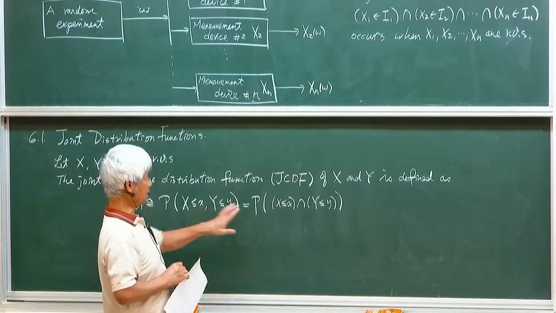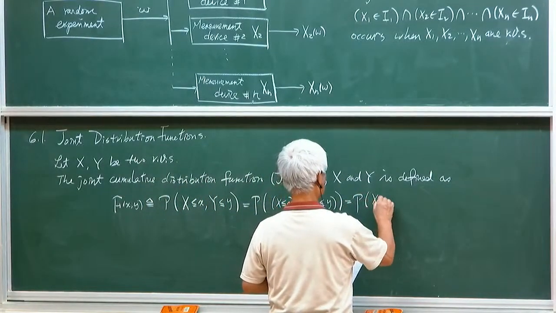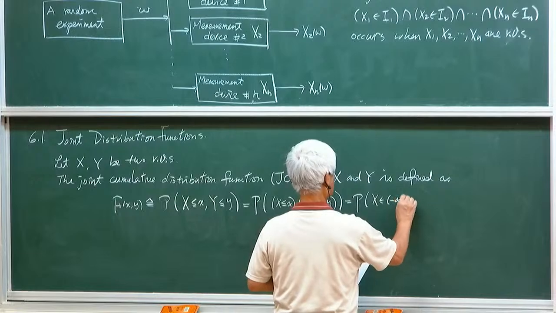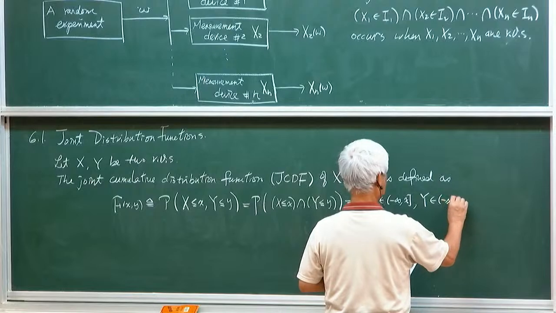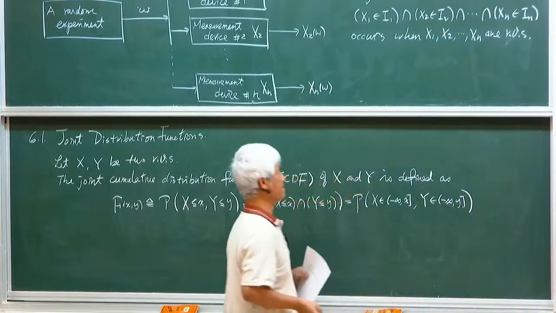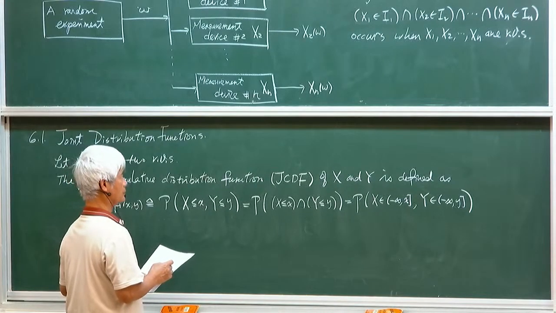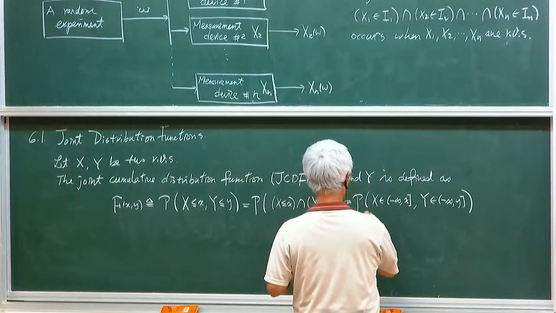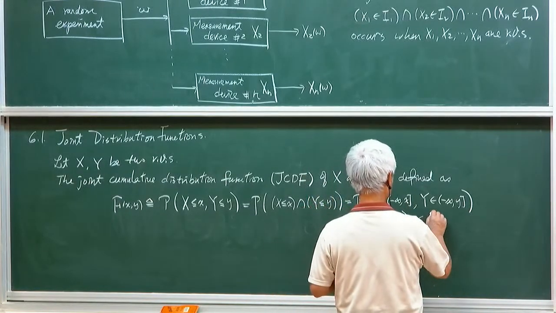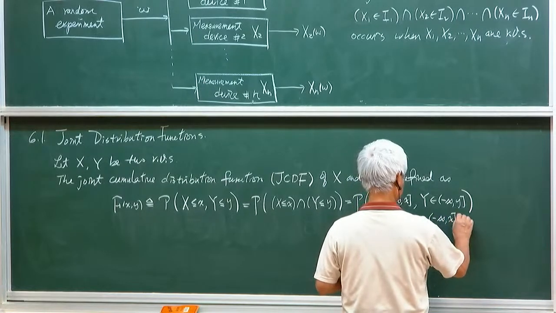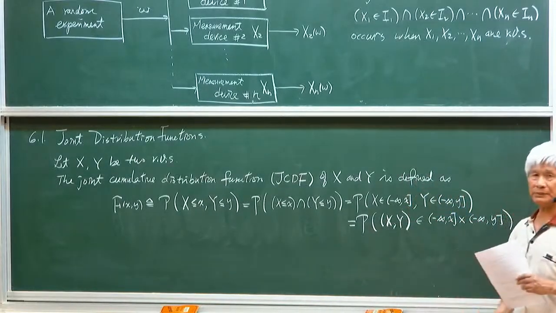So this is the same as that one, and of course this is the same as x is in this interval, and y is in this interval. Or sometimes we describe it by the ordered pair (x, y) is in